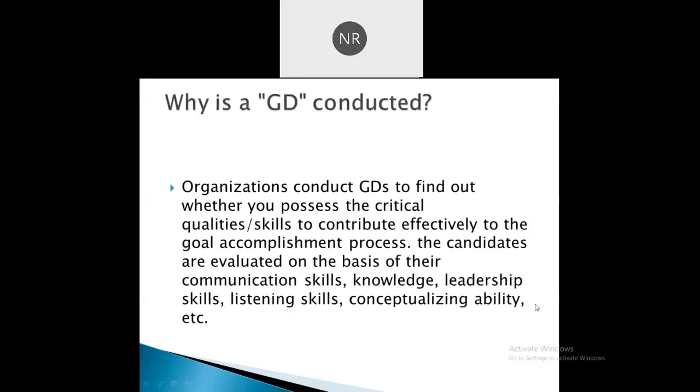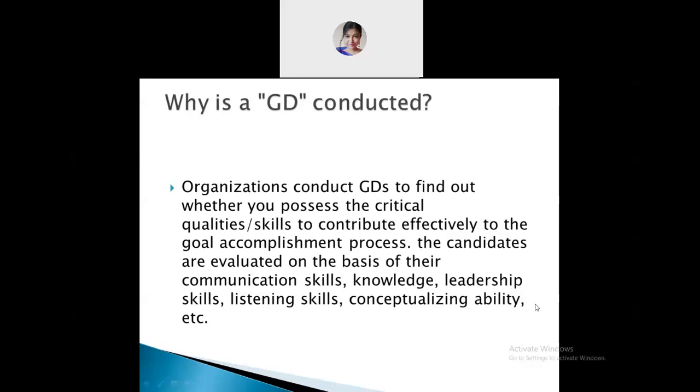So why is a GD conducted? Why do organizations conduct a GD? In order to select the candidates. Not only organizations, a lot of institutes have also included group discussion in order to select the right candidates. After BBA, if you want to study in some other institute, you might have to pass a group discussion round in order to get a seat, because many institutions have also included group discussion in the selection